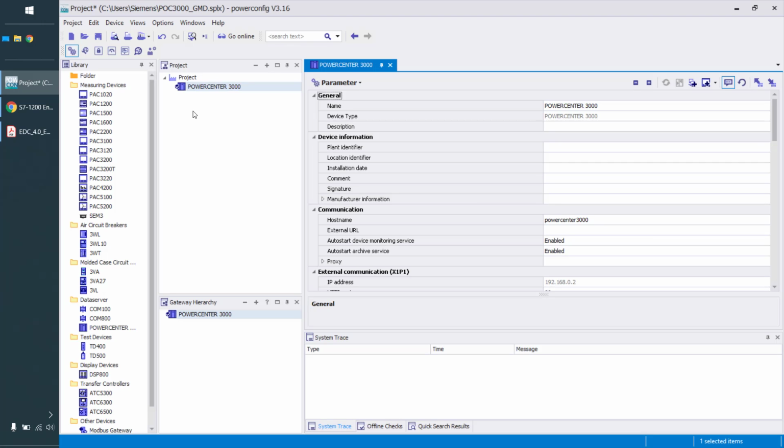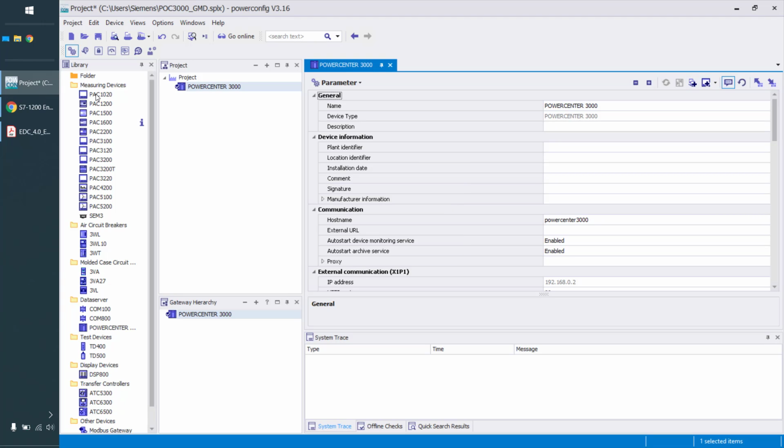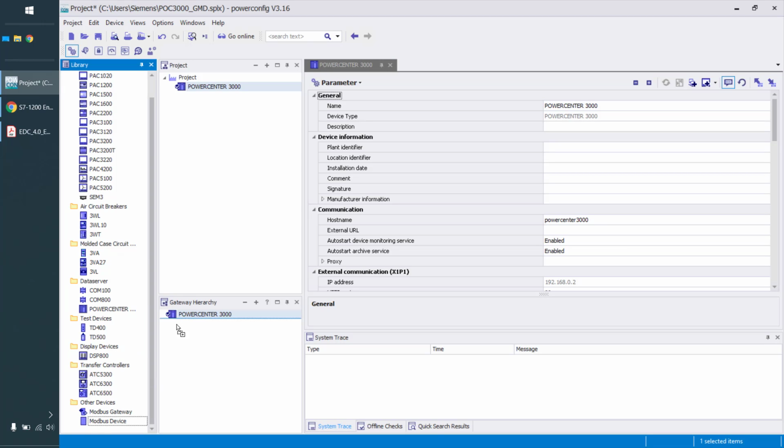For Powercenter configuration, the software Powerconfig is used. I already prepared a project with an included Powercenter and with working communication to it. Now we can add all regularly included devices, or we add our third-party device with this icon, Modbus device. Drag and drop it here,